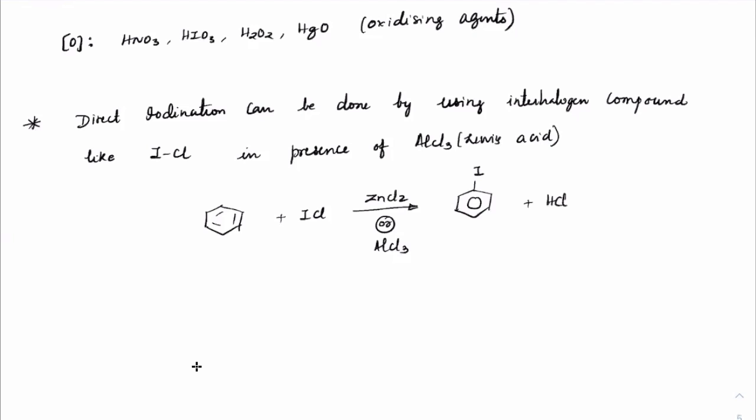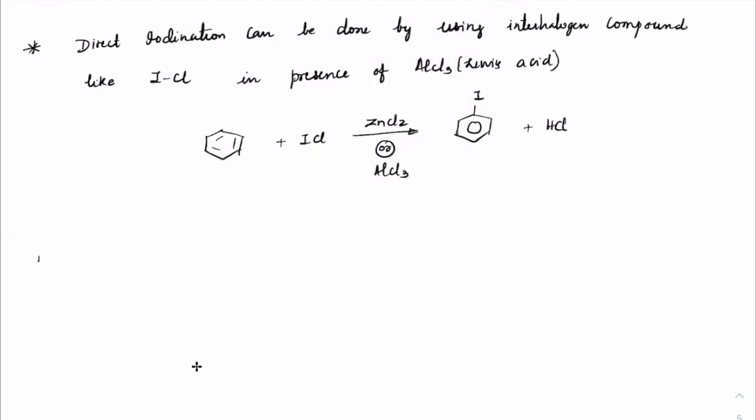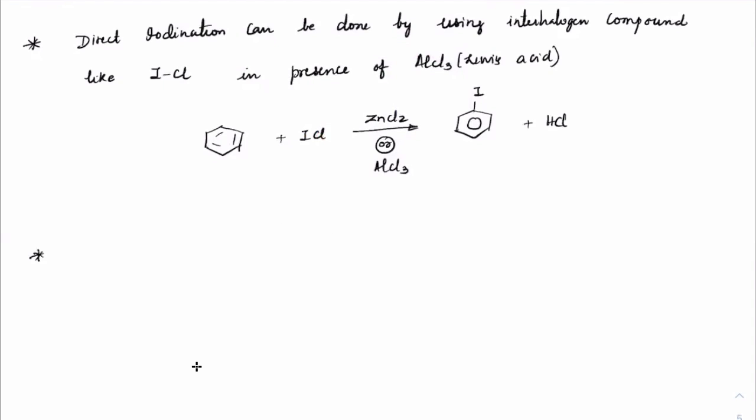This is an electrophilic substitution. Who will get substituted? Where? Here? No, because it already got charged, delta minus and delta plus. Now this has less tendency to donate electrons as compared to chlorine. In case you want to get halogen substituted, any halogen except fluorine, that is halogenation, may also be done